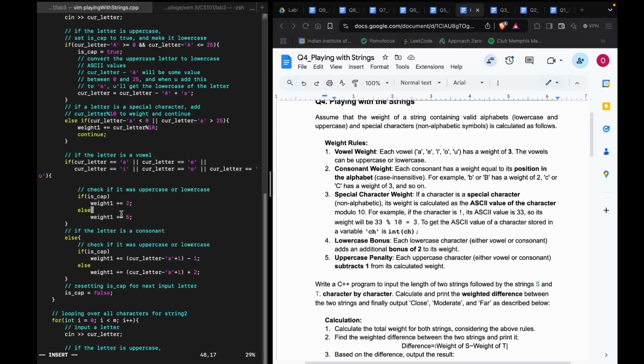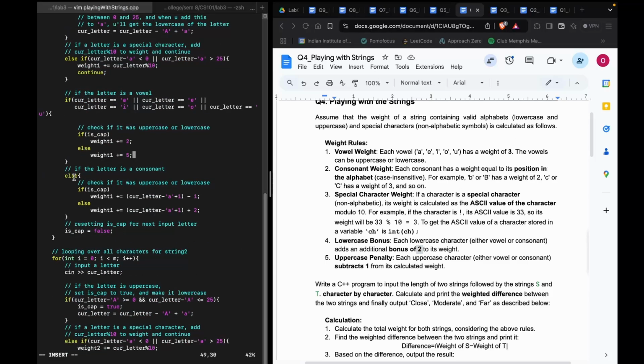Else, if it was a lowercase letter, then you would add 5. So the 3 is because of the vowel, and there is a bonus of 2 for each lowercase letter, so that's why you'll add a 5 to weight 1. Okay, now if it was a consonant, then again you will check if it was a capital letter or not. If it was a capital letter, then they have told you will use